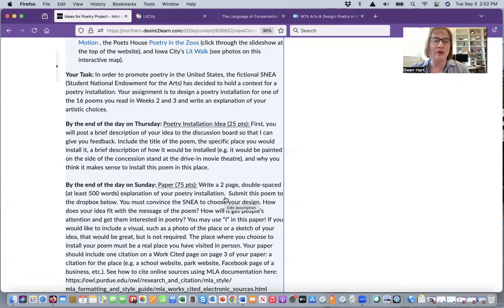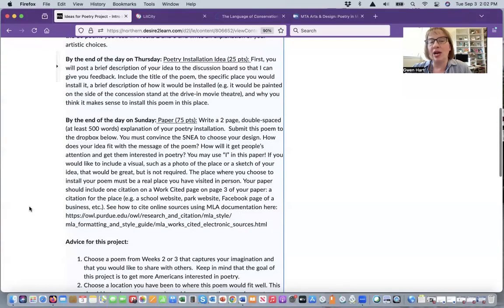So I gave the example here of if you were going to install it at a specific drive-in movie theater, maybe you imagine, oh, there's a whole blank side of a concession stand and it would go here and that would look really great, right? So you're going to think about just really briefly, like one paragraph explaining that so I can give you some feedback on your idea. And then by the end of the day on Sunday, you're going to write a paper,